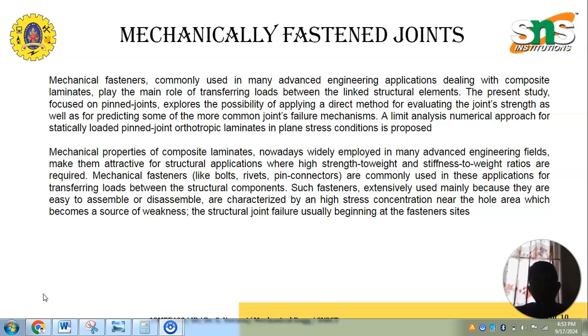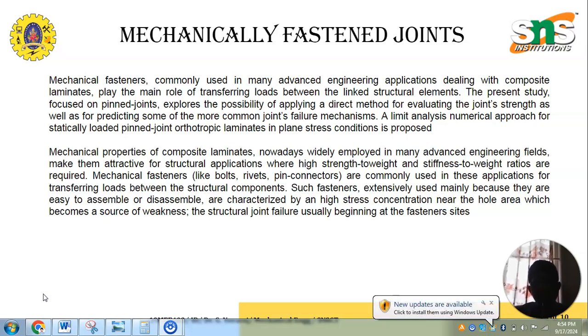A limit analysis numerical approach has been proposed for the statically loaded pinned joint with orthotropic laminates in plane stress conditions. Mechanical properties of composite laminates are nowadays widely employed in many advanced engineering fields. They are attractive for structural applications where high strength to weight and stiffness to weight ratios are